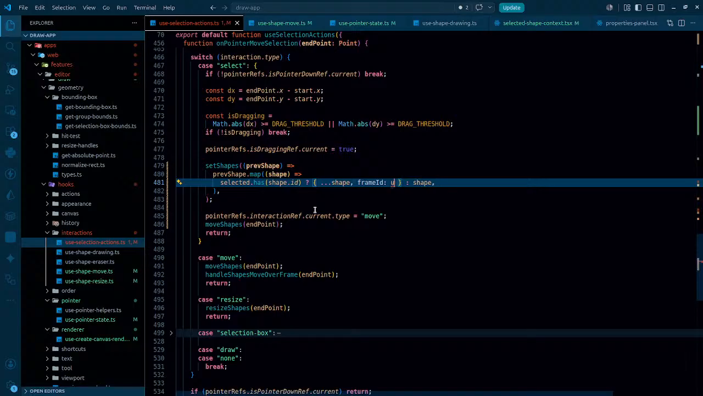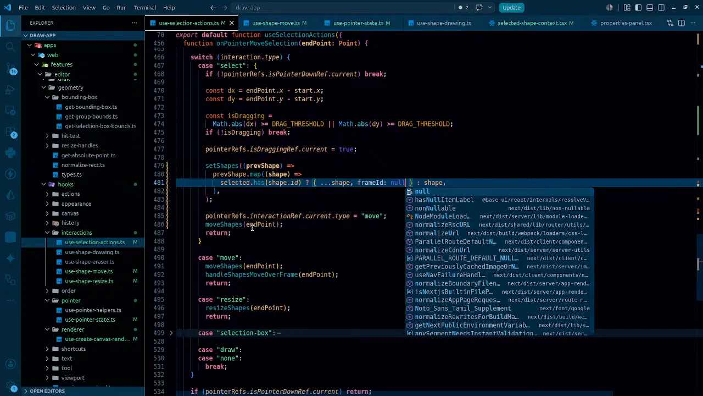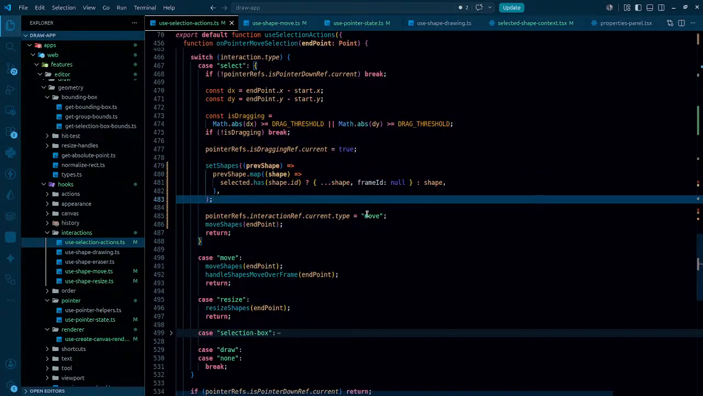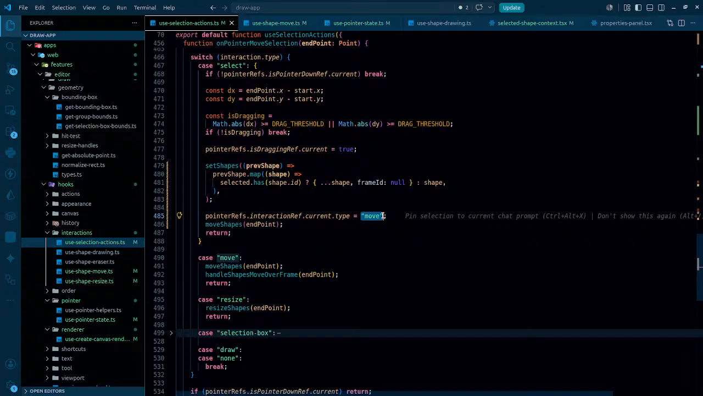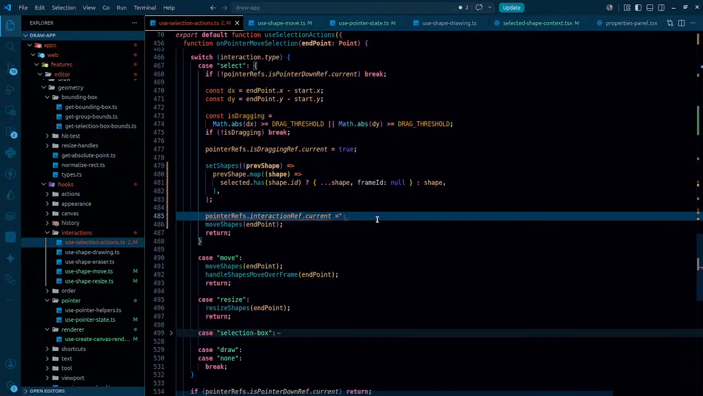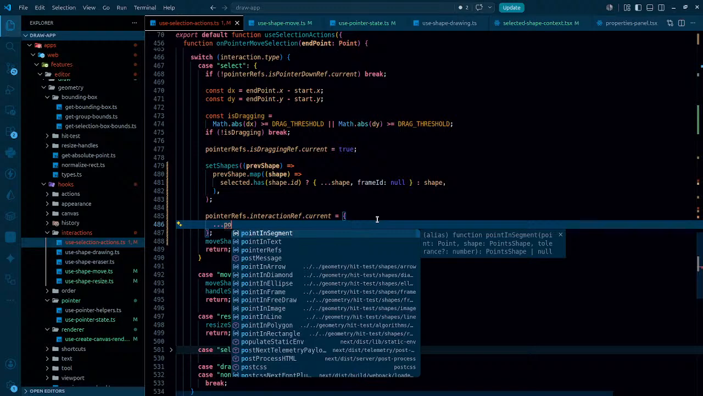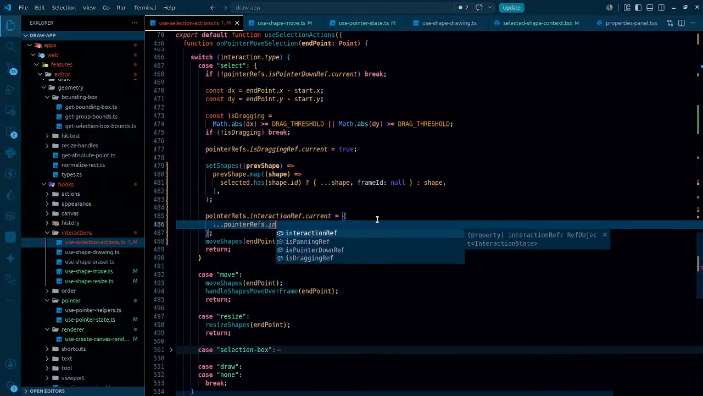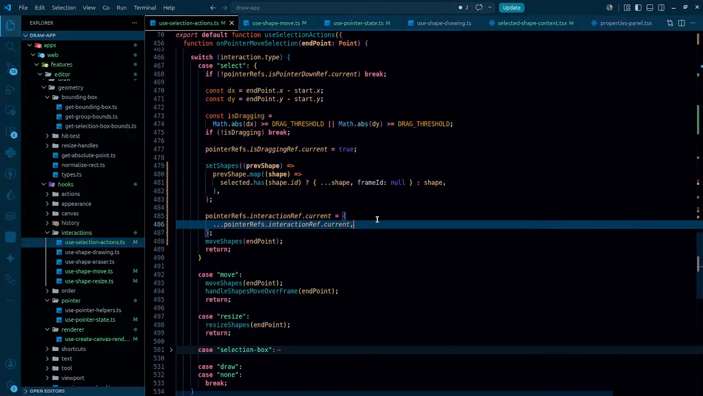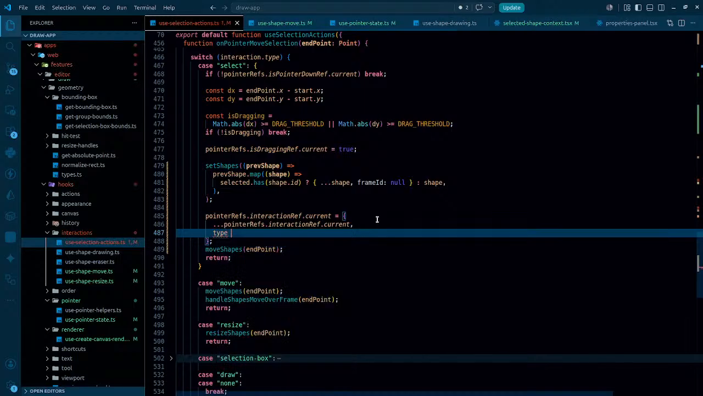That is it. It's just simply set it to null. One thing is being done. The second thing that we actually need to do is setting it to null in here. That simply means pointer.current.type, just type is not enough. current is going to be equal to this pointer refs.interaction ref.current. So this is what we are doing. Type is actually going to be set to move. So this is another thing, and once the type is actually set to move,